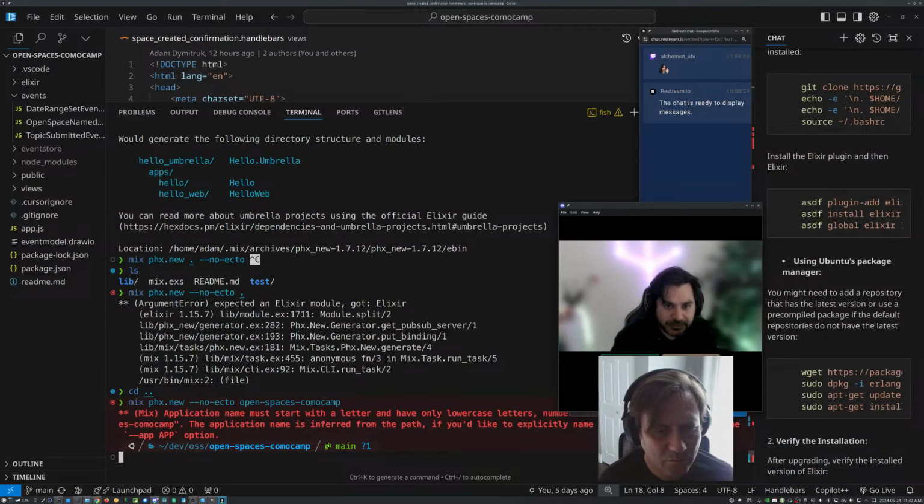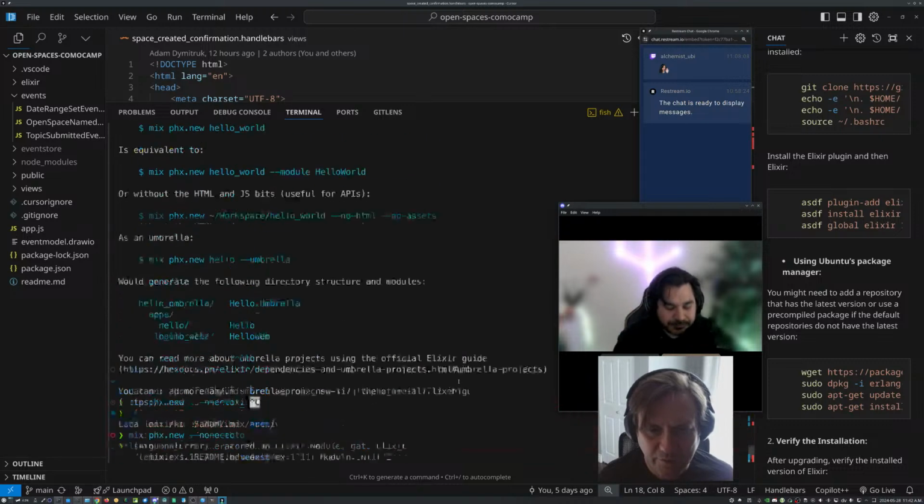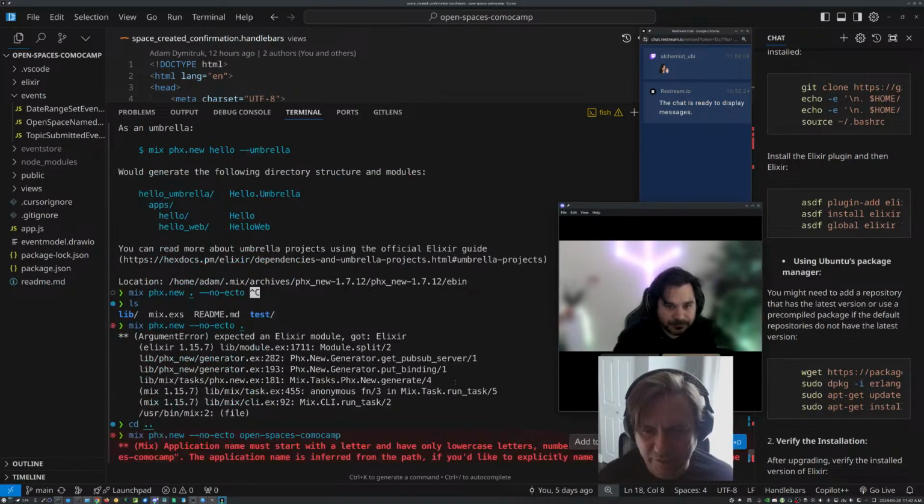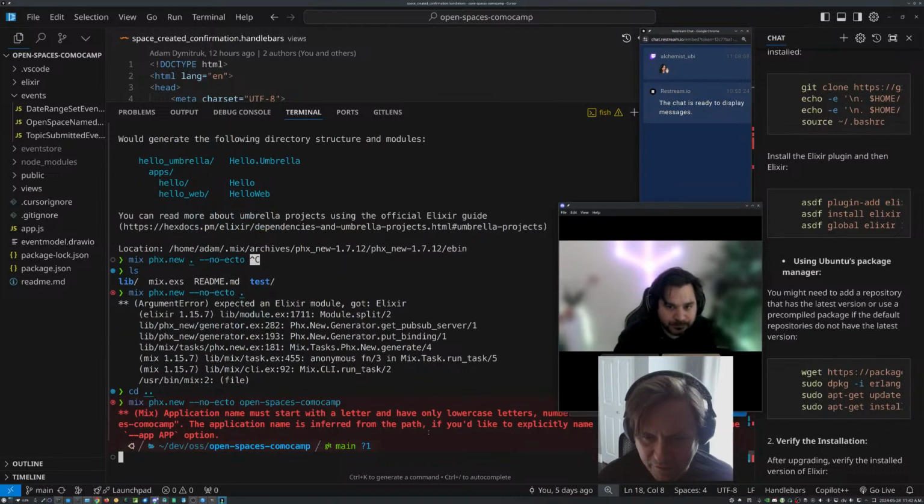Mix phx.new, no Ecto. Yeah, exactly. So it's good. The application name is inferred from the path.